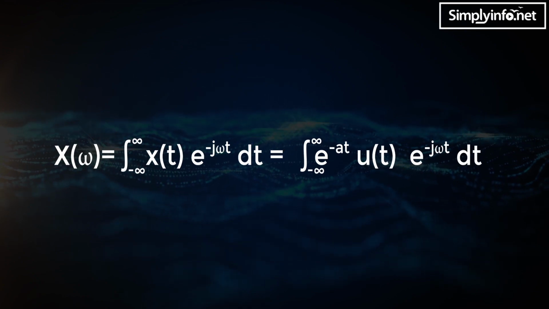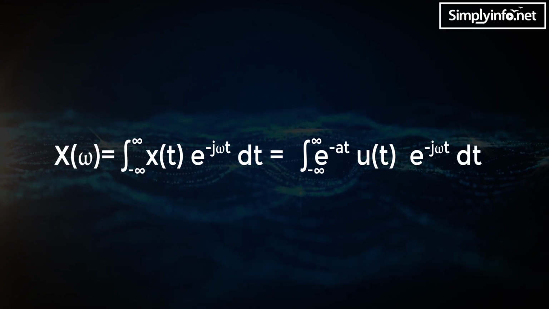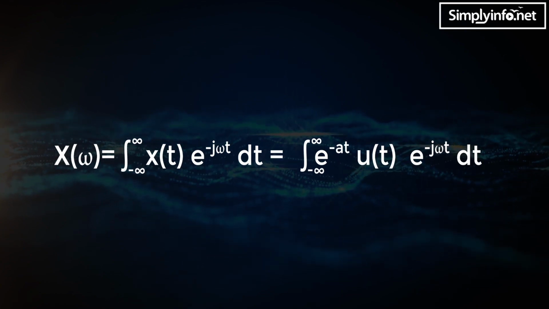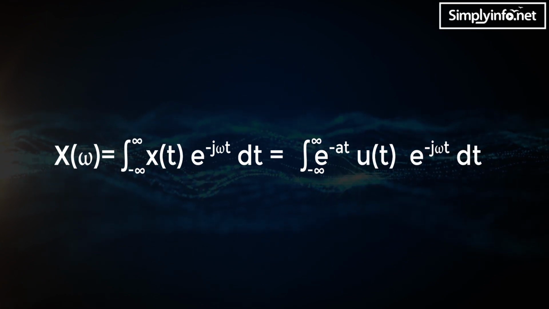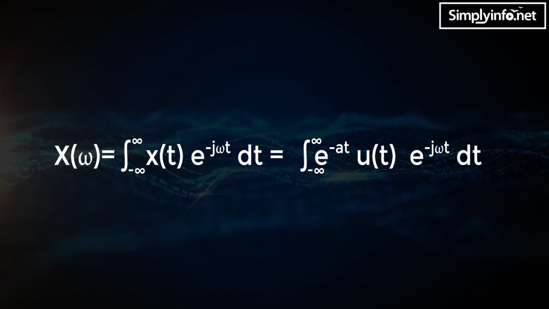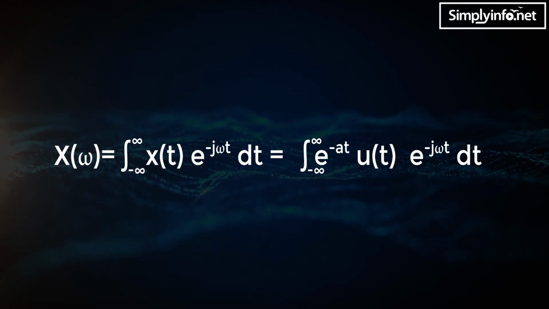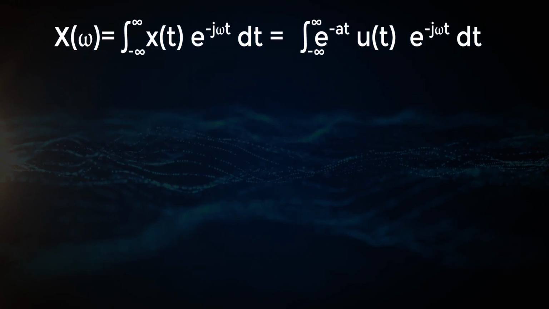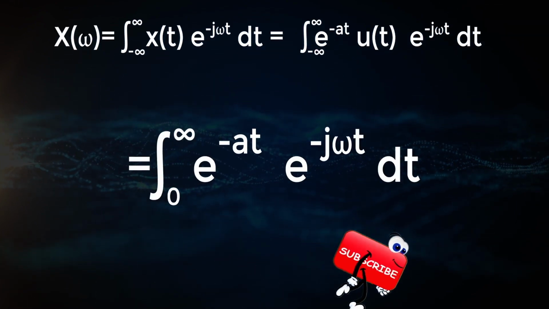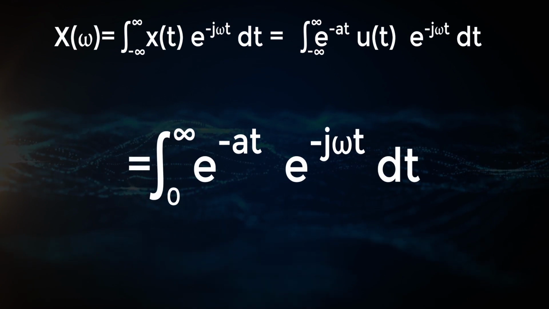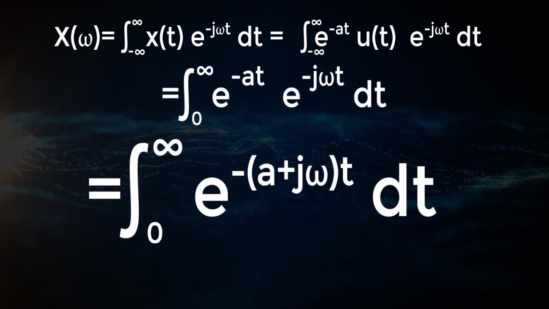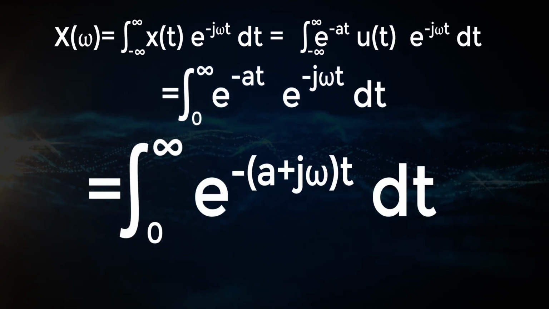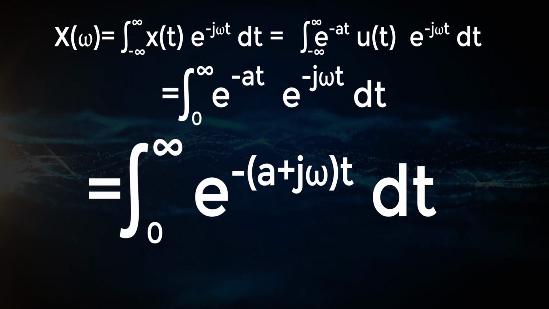less than 0. Then X(omega) equals the integral from minus infinity to infinity of x(t) e^(-j omega t) dt, which equals the integral from minus infinity to infinity of e^(-at) u(t) e^(-j omega t) dt, which is equal to the integral from 0 to infinity of e^(-at) e^(-j omega t) dt, the integral from 0 to infinity of e^(-(a + j omega) t) dt,